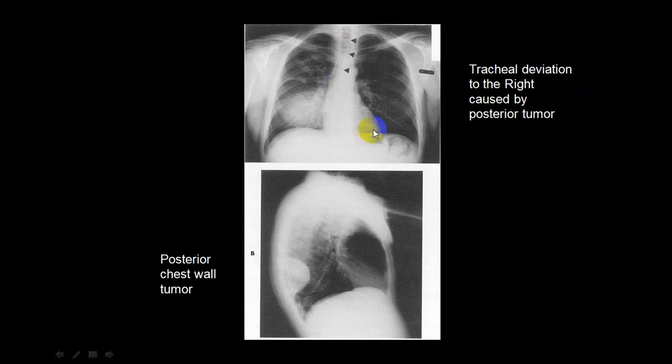Now if you look here, trachea is a little towards this side. Mediastinum is almost in the center. So trachea is deviated to the right side. And there is a tumor here. There is a big mass here. And you can see it is forming what we call an overlapping with the cardiac shadow. This is the right border of the heart. And you can clearly see the right border of the heart. So it is either anterior or posterior.